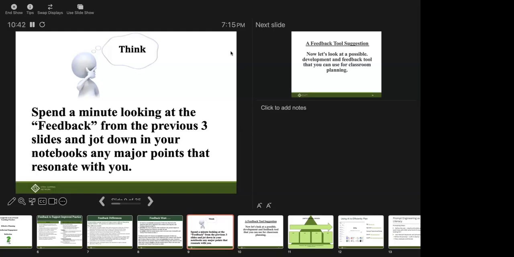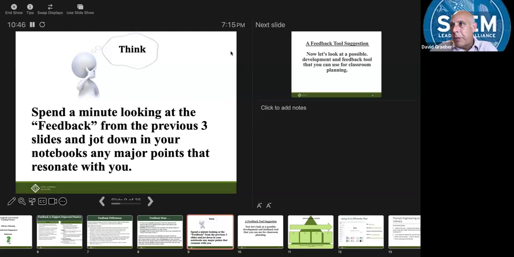Don't be shy. We need your input. We have a limited amount of time, so we're not going to sit here and wait. But if you'd like to continue to reflect, please put your notes in here. The idea is, what role does feedback play in your work, in particular in your planning work? It's really important that we zoom in on the feedback component, because when we do,